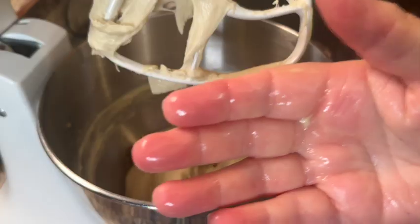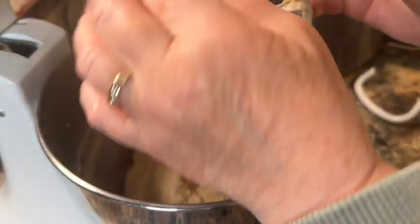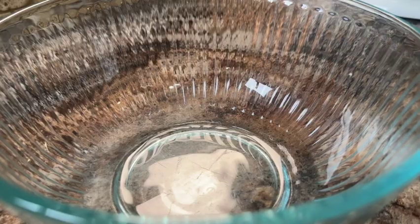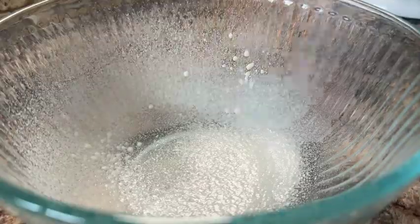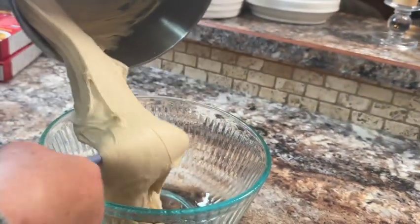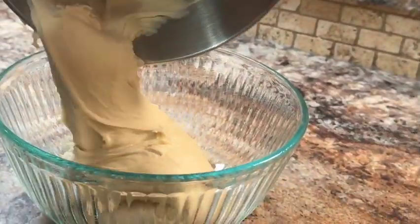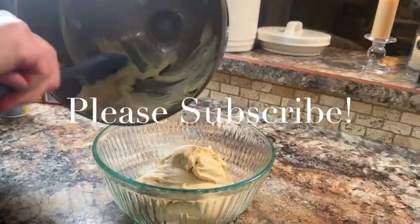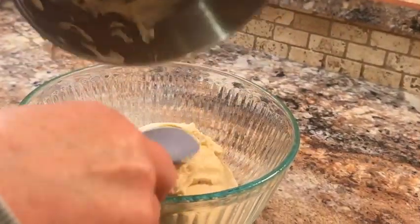I find it easier to grease my hands when handling this dough, so you can do that too if you like. So I grease a medium-sized bowl, grease it fairly well, spoon the dough into the bowl. The dough will be sticky and quite tacky. Now, even though you don't want to add any more flour to this, you can go ahead and grease or flour your hands